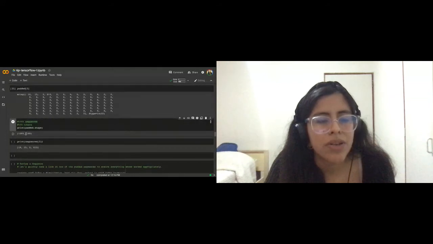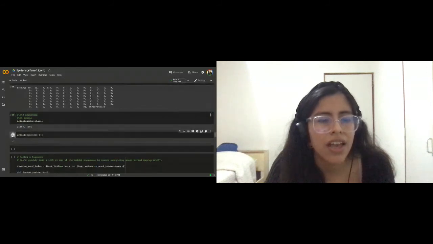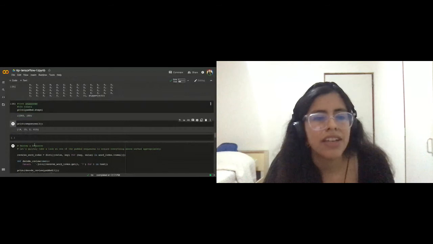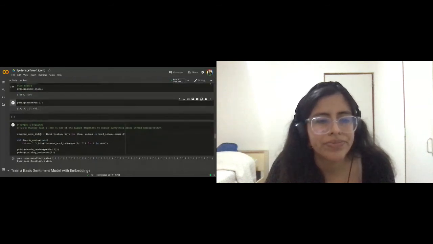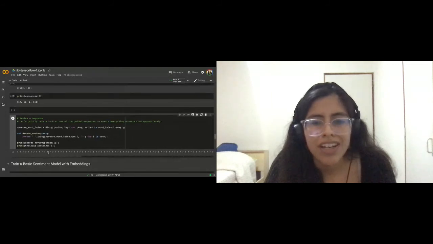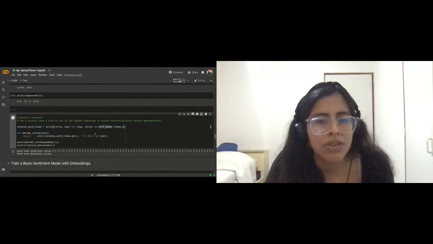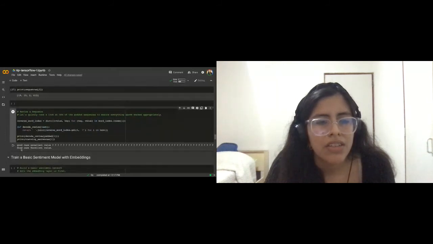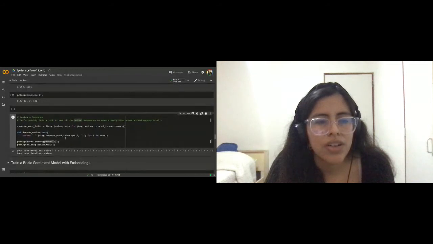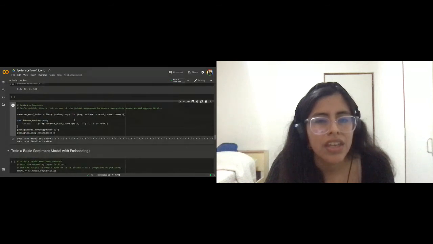Well, the maximum length of the sentence is 100. Yes, and this is an example. That part is to review a sequence. For example, a little example for decoding a sequence of the word index. And this is a decode review for one of the examples from before. It is only for checking.